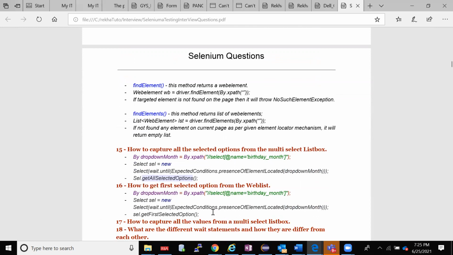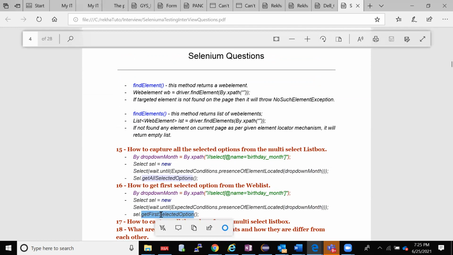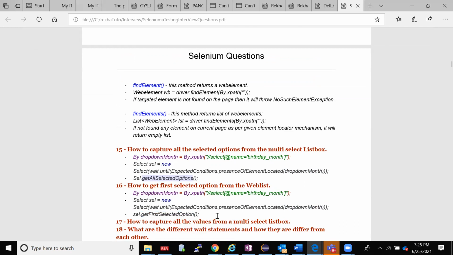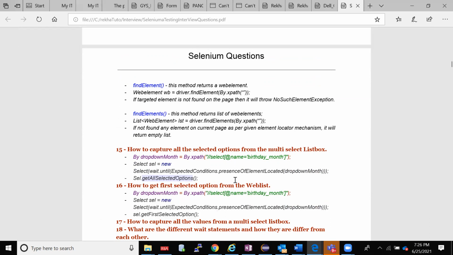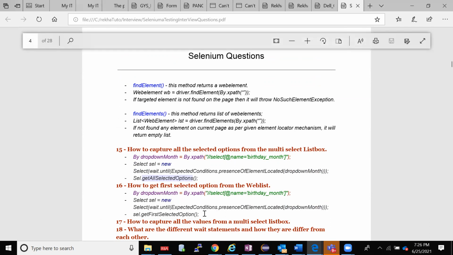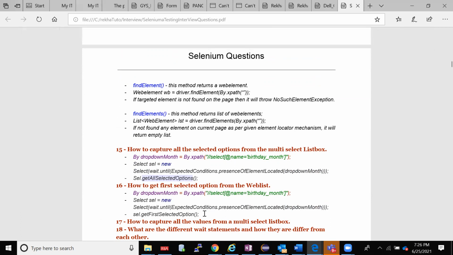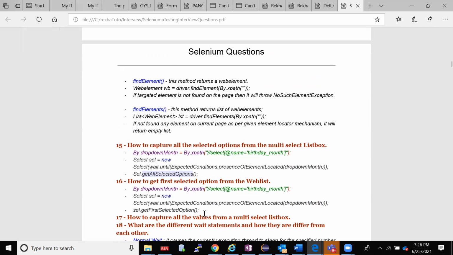Then how to get the first selected option from the web list? We have a method for that: if you want only the first selected option, we have getFirstSelectedOption. Same way, create an object of the Select class, give it the input, then call getFirstSelectedOption. That will give you the first selected option's value.